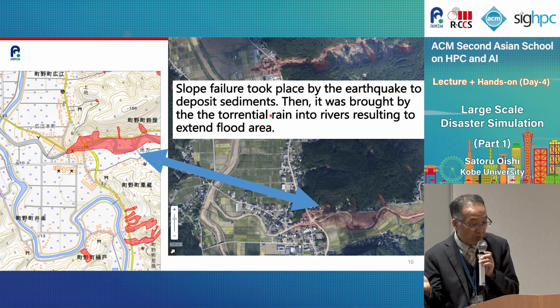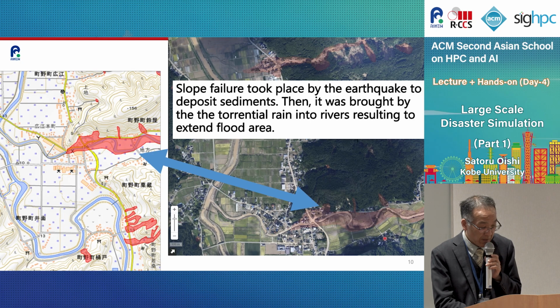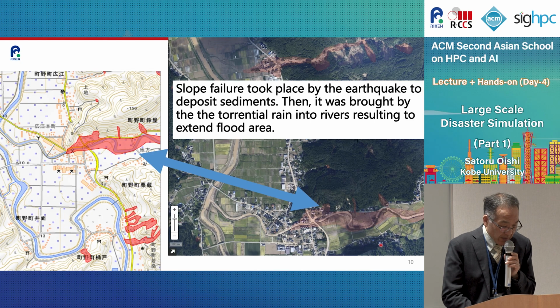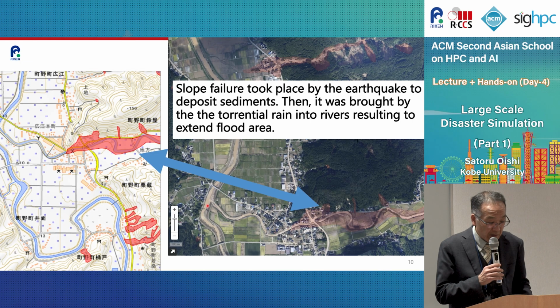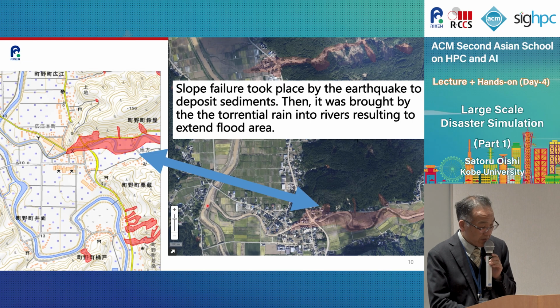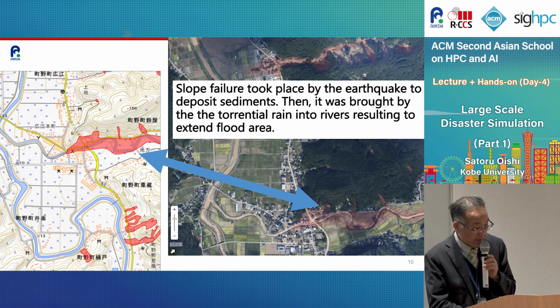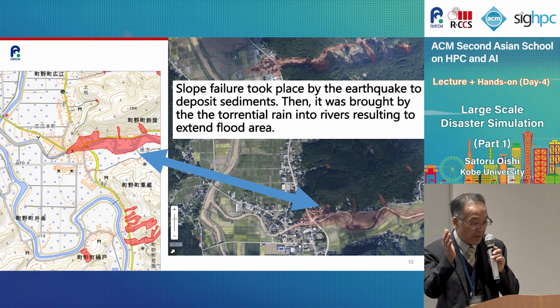Then it was brought by the torrential rain into rivers, resulting in an extended flood area. So the earthquake left the deposit of sediments, and that sediment goes into the river, and the river is